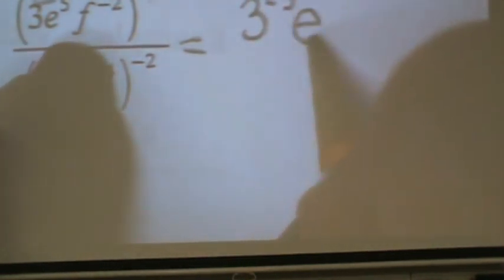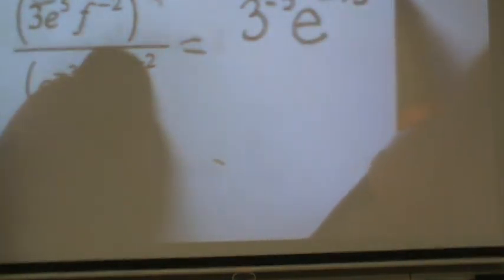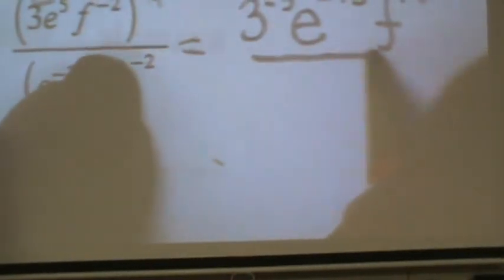You get 3 to the -3rd, e to the what power? And f to the 6. Good. Now the bottom, we're going to distribute this 2 to these 2. What do you get? E to the what? 6. F to the